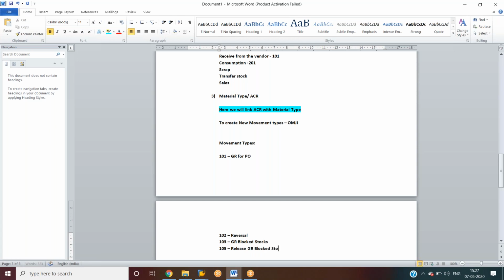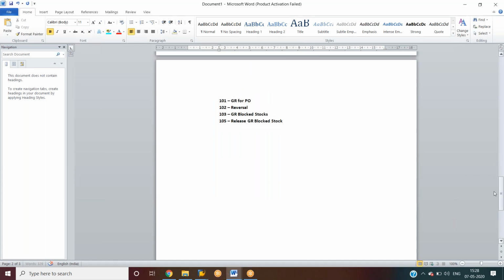Likewise we have many, like 107 and 109. Each movement type will perform one activity.